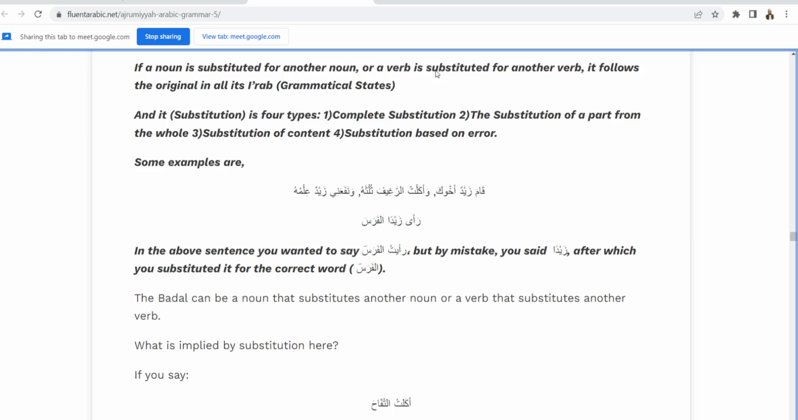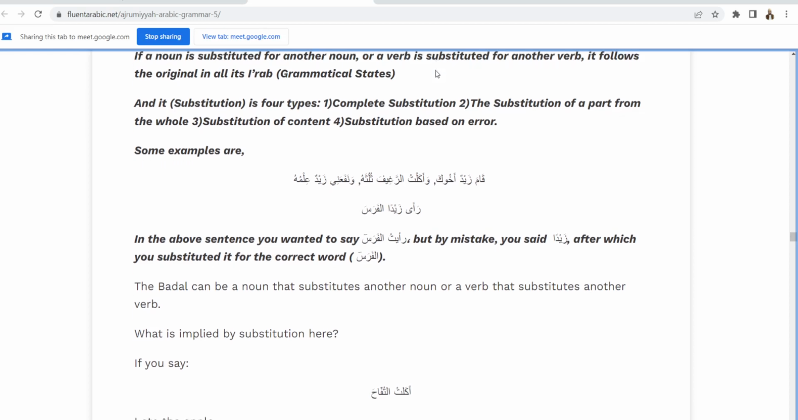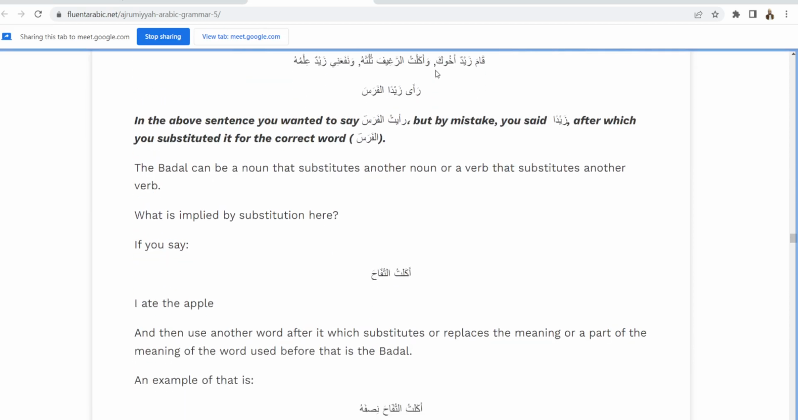رأى زيدان الفرس. So he wants to say he saw the horse. He said no, he saw Zayd. Oh, the horse. You know, sometimes people say I saw the horse, Zayd, you know? Substitution. So the badal here,